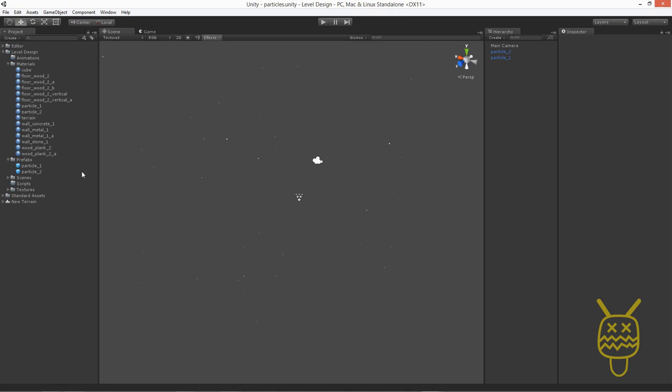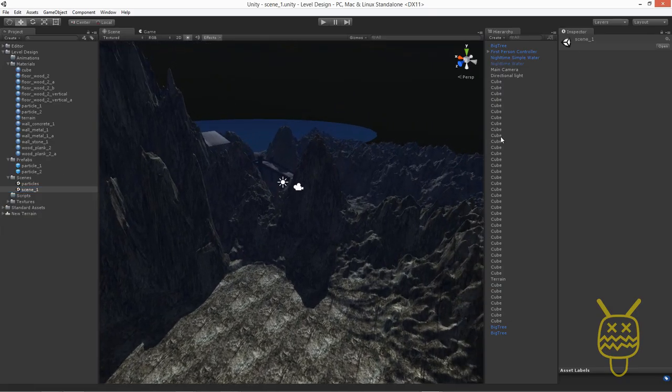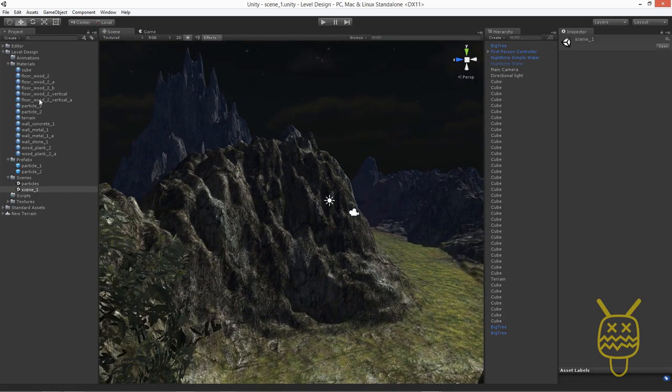Alright, let's go ahead and go back into our scene. So we'll go back to scenes and scene 1. What we just created when we created a prefab by dragging an object from the hierarchy over to the project is an object that's referencing all the elements that we can now use in any scene